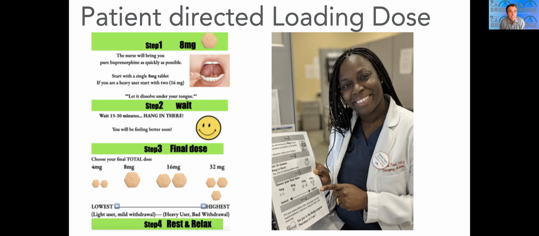So how are you going to find out if someone has a high tolerance or low tolerance? You just have to ask them. People know. So what I typically do is just sit down with people and say, okay, here's what's going to happen. Lay out the menu, just like you're at a restaurant or an amusement park. It's respectful. This idea that patients should just be subjugated and doing exactly what you say without understanding the big picture is ridiculous. Let them know what's going to happen because you want to recruit them to participate with you to make this a successful adventure together. So the nurse is going to bring you buprenorphine.